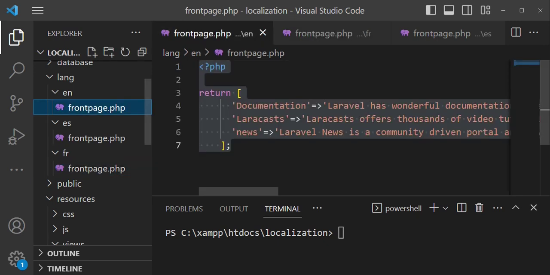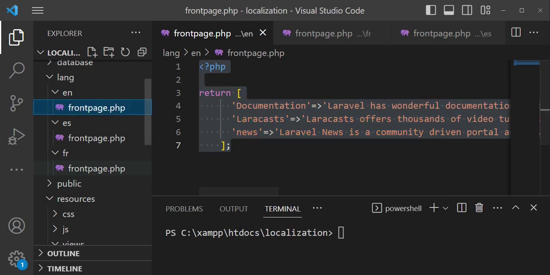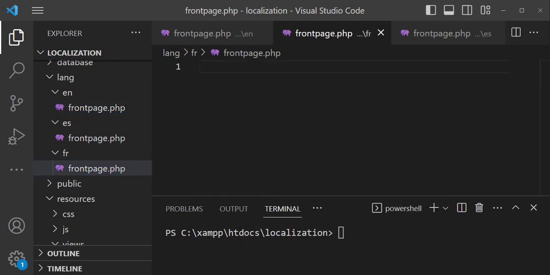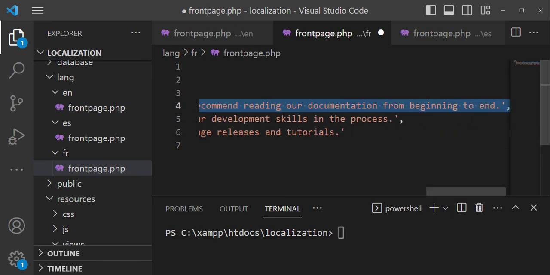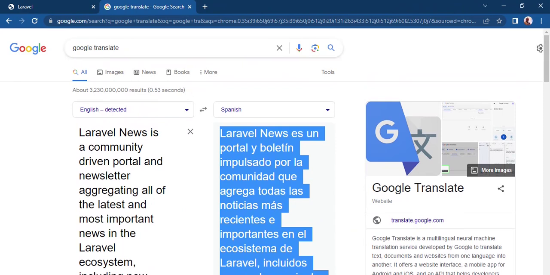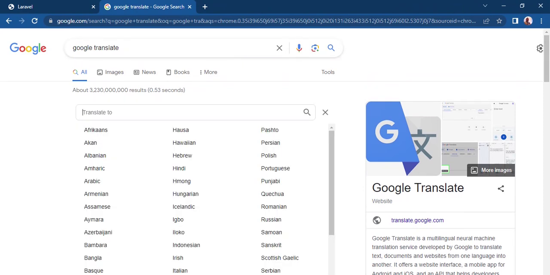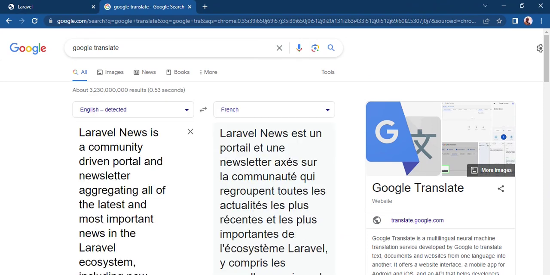So you copy, let me copy and paste here. Again, in a similar fashion, I'm going to translate the text one by one to, again, French. So here I'm going to change the language from Spanish to French, like that. And then I'm going to